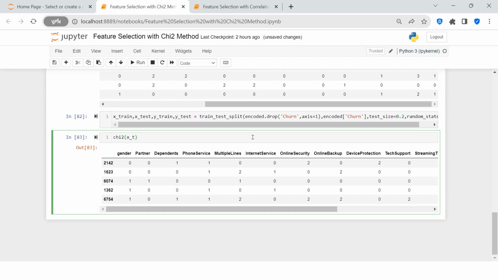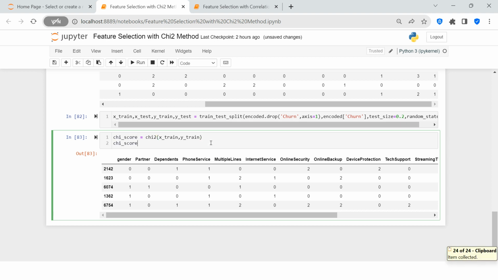Remember, to do any sort of feature selection analysis, you should always perform that on xtrain only. Though when you are eliminating or keeping those features, you would need to do that on both sets, which means on training and testing both. But when you are doing the analysis, you should perform that on xtrain only to avoid overfitting or data leakage. You can also say xtrain comma ytrain, and I'm going to put it in chi-score